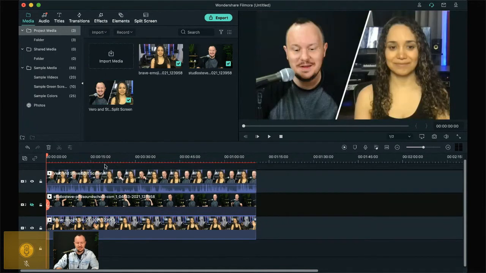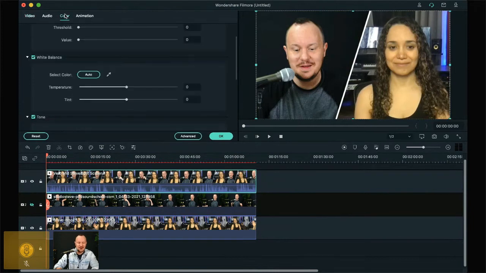Now, the one thing is this split screen will also need that similar color correction. So we'll have to go into the advanced color correction tab again and quickly do that. Everything I did, you could have actually made into presets so they match perfectly, and then you could just apply a preset, but I remember what I did, so it's not too hard. We'll come in here, a little bit of exposure, a little bit of contrast, and a little bit of vibrance. It's never a bad idea to make your visuals pop a little more. So there we go. Maybe I was a little too purple on that, but it's fine.